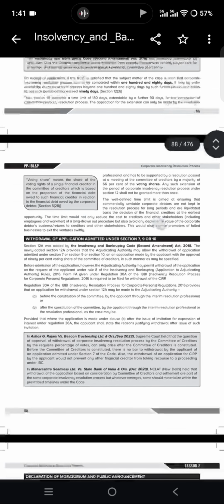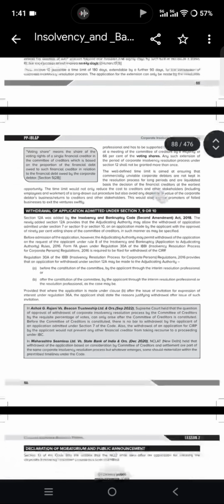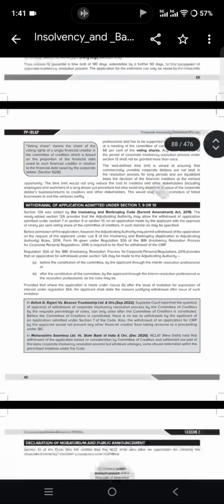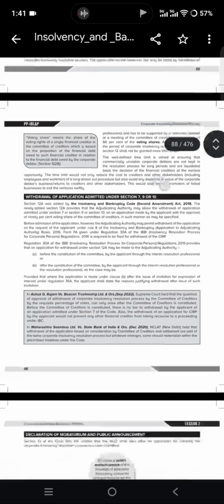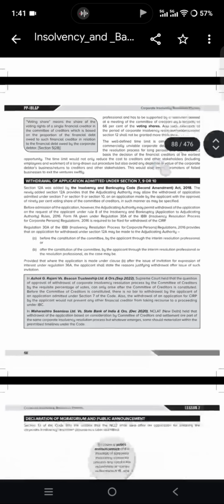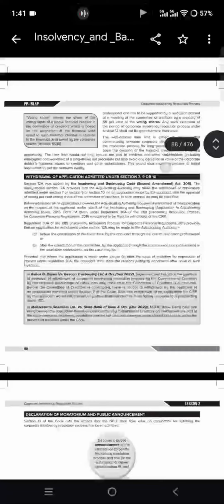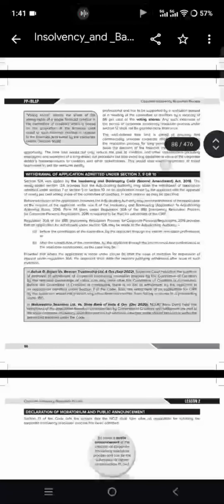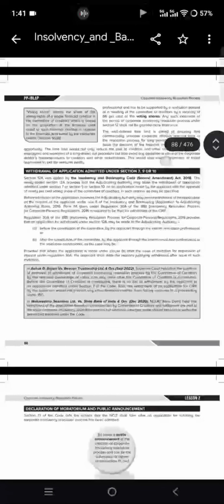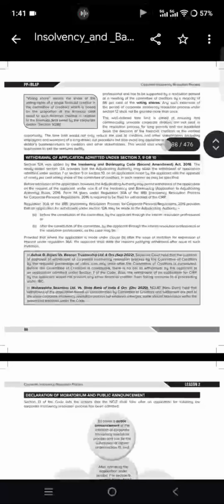On receipt of the application, if NCLT is satisfied that the subject matter of the case is such that the CIRP cannot be completed, the time limit of 180 days is extended by 90 days. This is also repeated. The application for extension can only be made by the resolution professional and must be supported by the resolution passed with 66% votes, and only once. Voting share means the share of the voting rights of a single FC in the COC, which is based on the proportion of financial debt owed to such financial creditor in relation to financial debt owed by